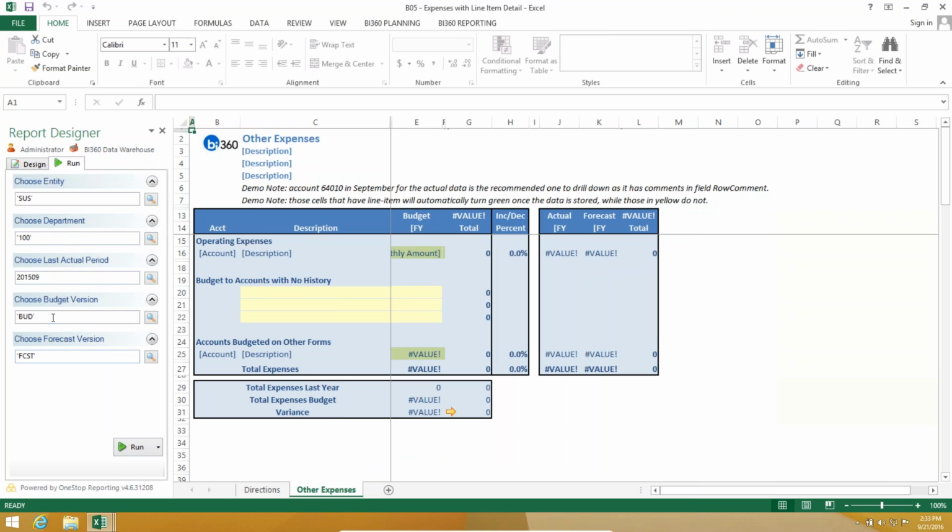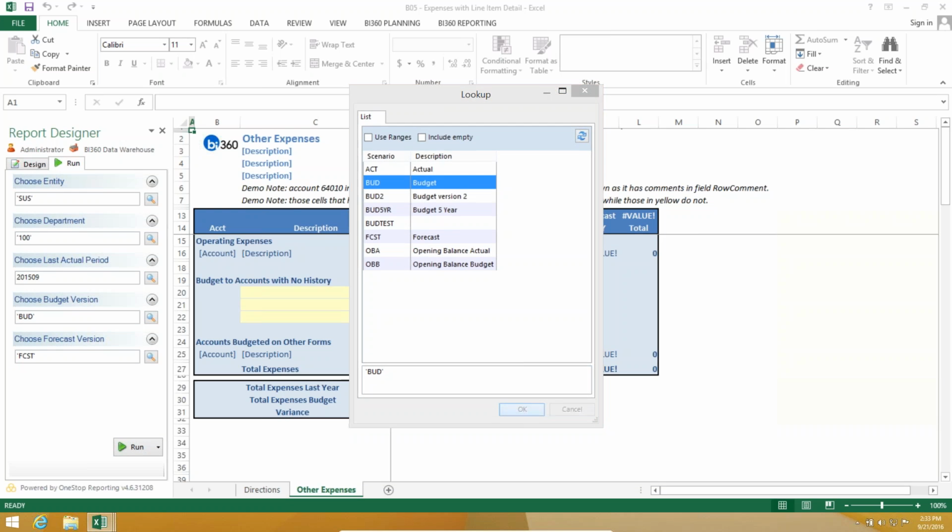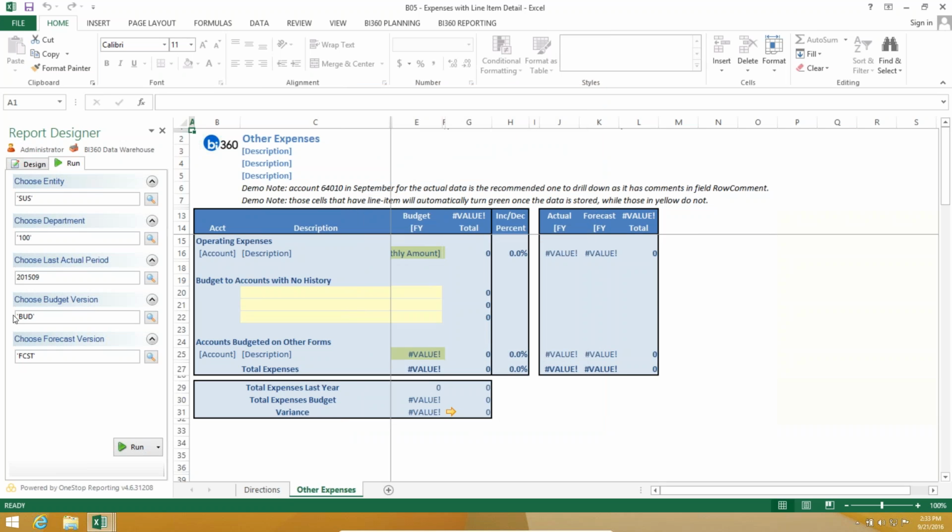By the way, version control, really easy. This is where we decide, do I want budget version 1, 2, 3. For those of you that are coming off of Forecaster, and you probably have some scars and you realize how hard it is, here it's really a 2-minute exercise to go back into that warehouse, make the change, and then see it here. So click Run,